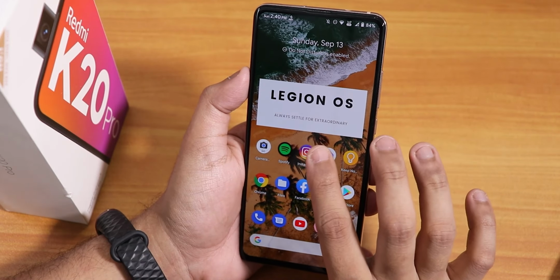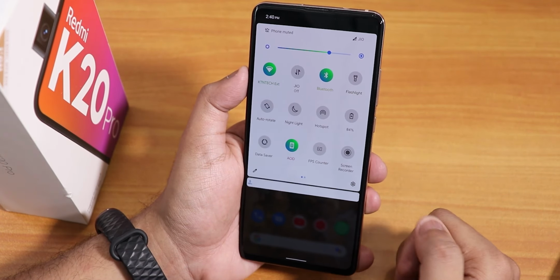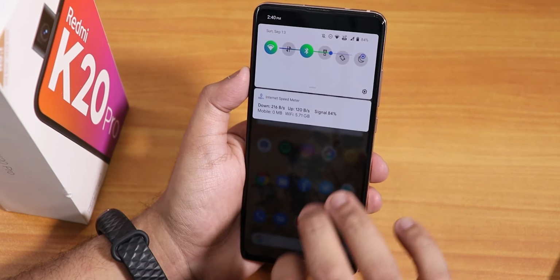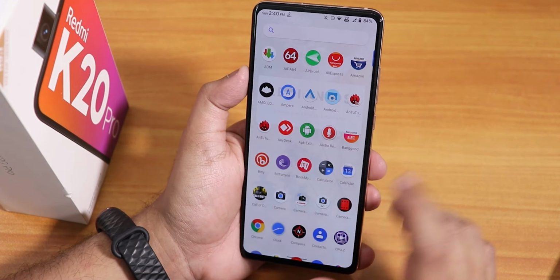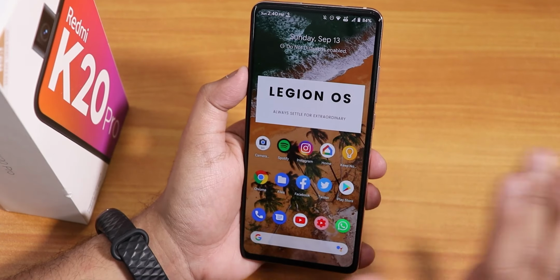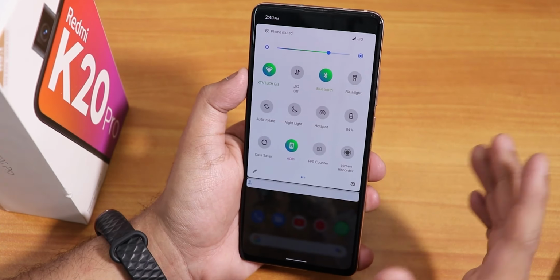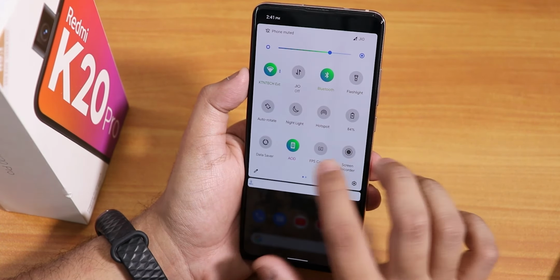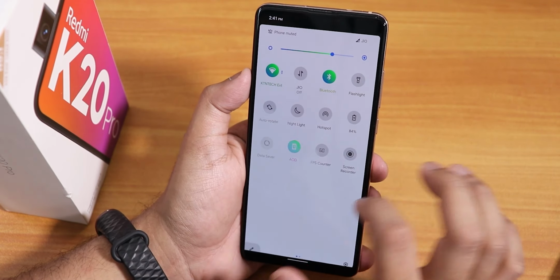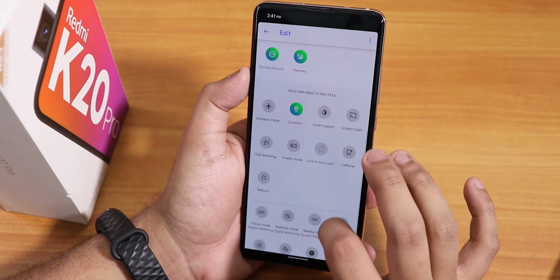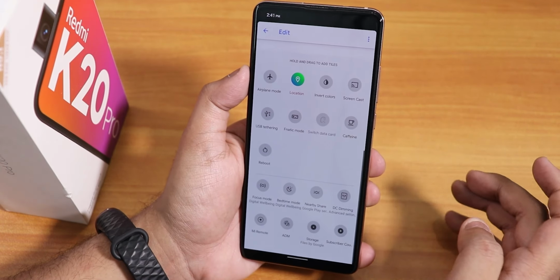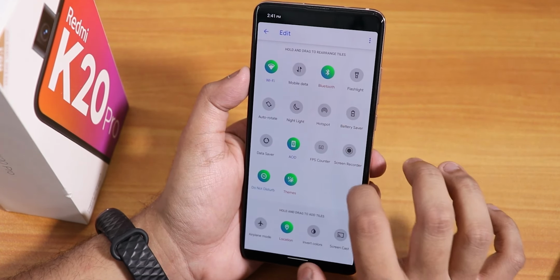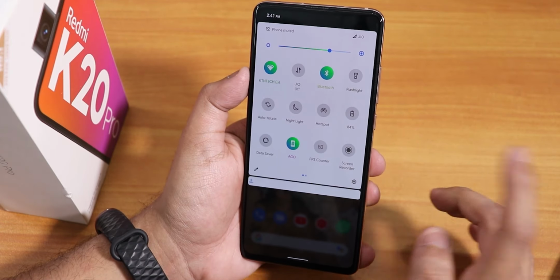And now let's talk about the quick settings panel. This is how it looks, and by the way, you can of course swipe down anywhere on the home screen for the quick settings panel and swipe up on the home screen to get to the app drawer. It is working fine. Here in the quick settings panel, I have added a couple of toggles. You can add more toggles if you want, something like caffeine, USB tethering, etc. The reboot option is there. Then you can add more things, and I have added the FPS counter and screen recorder too.